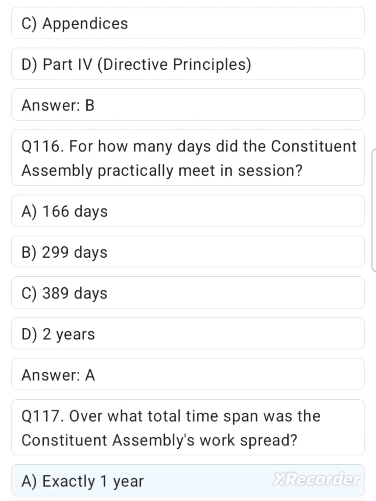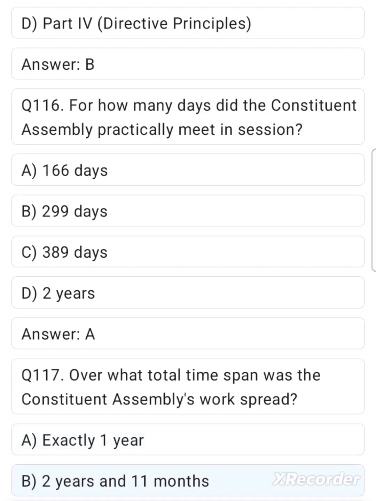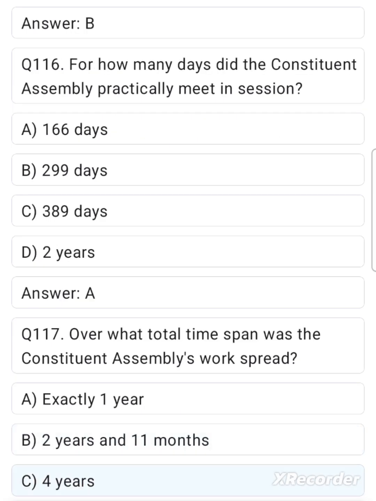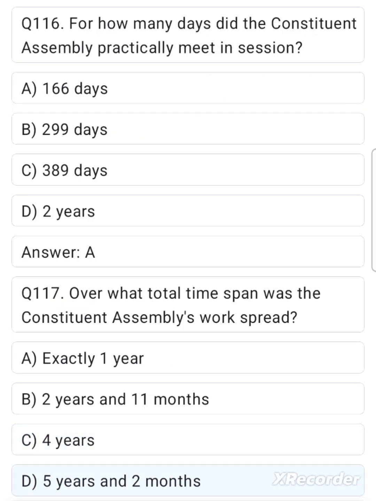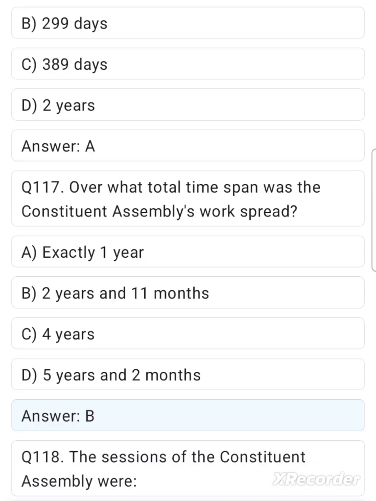A. Exactly 1 year. B. 2 years and 11 months. C. 4 years. D. 5 years and 2 months. Answer: B. Q 118. The sessions of the Constituent Assembly were